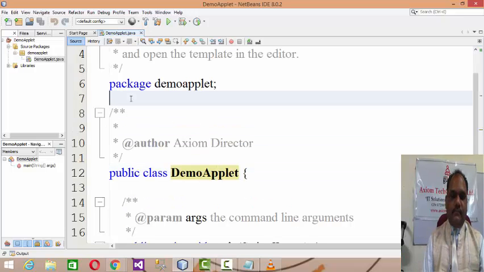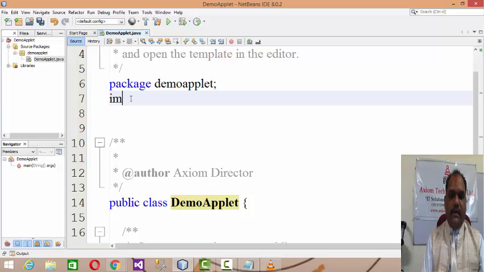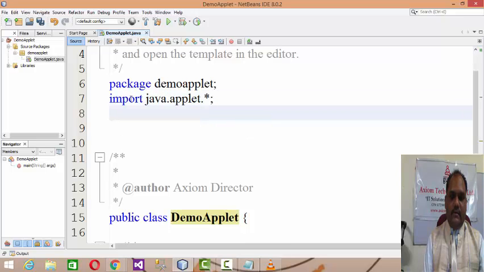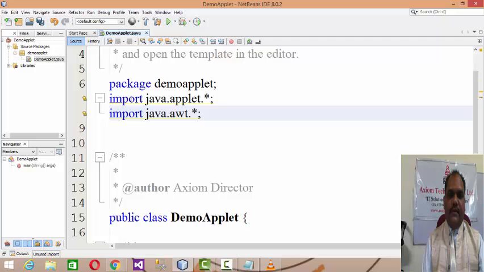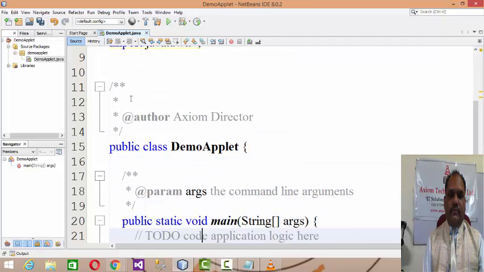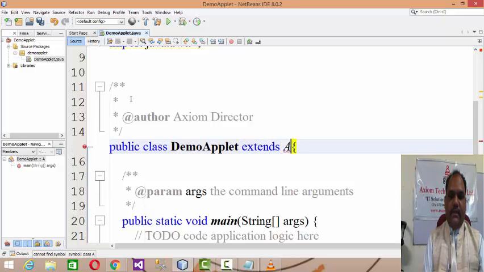As you know, if you want to generate the applet, then you have to import java.applet.* and java.awt.*. These are the primary things required over here. So public class DemoApplet, you have to extend your class from the Applet class.